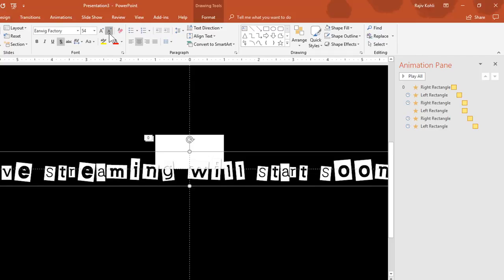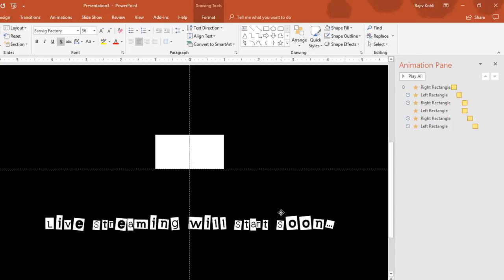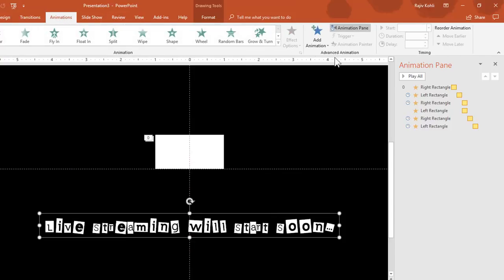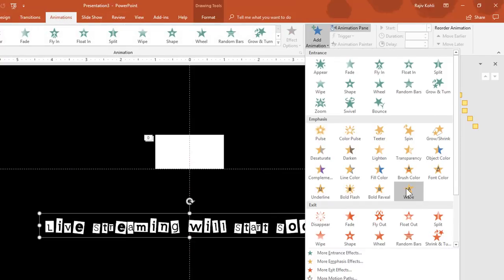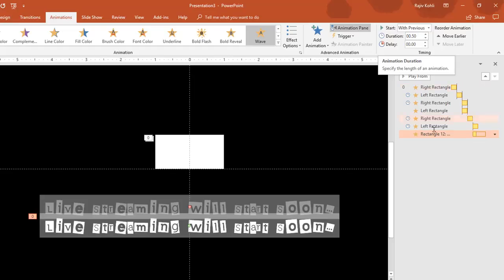I downloaded this font just right now. Move it just over here and add animation. I would like to apply the wave animation to this text, with previous, with the duration of 0.50 seconds.